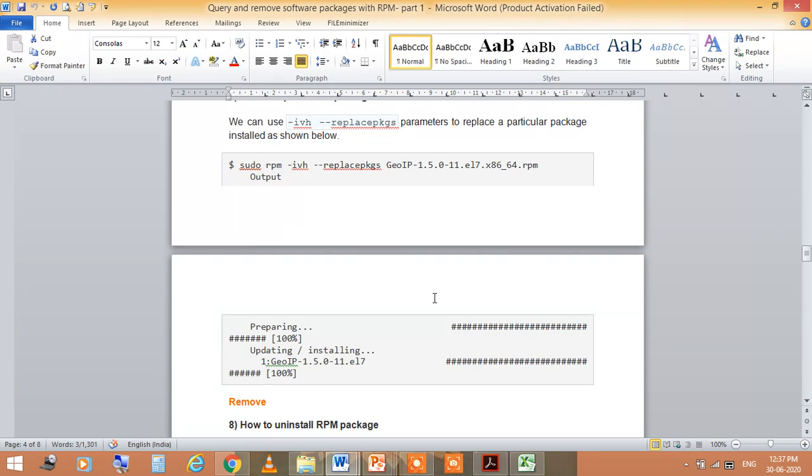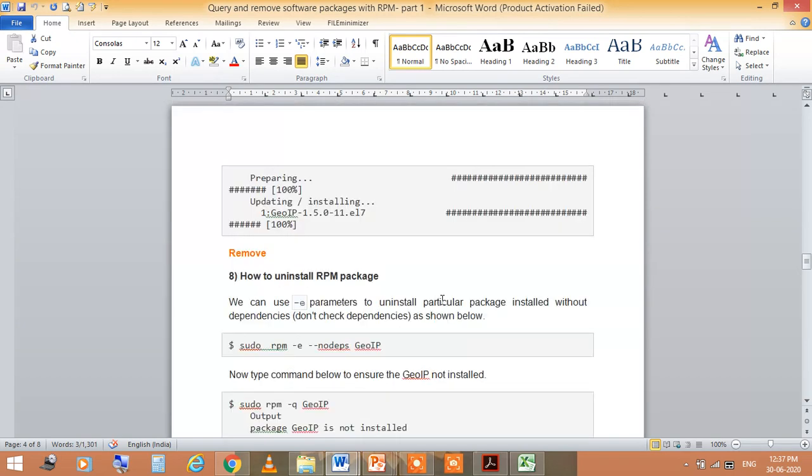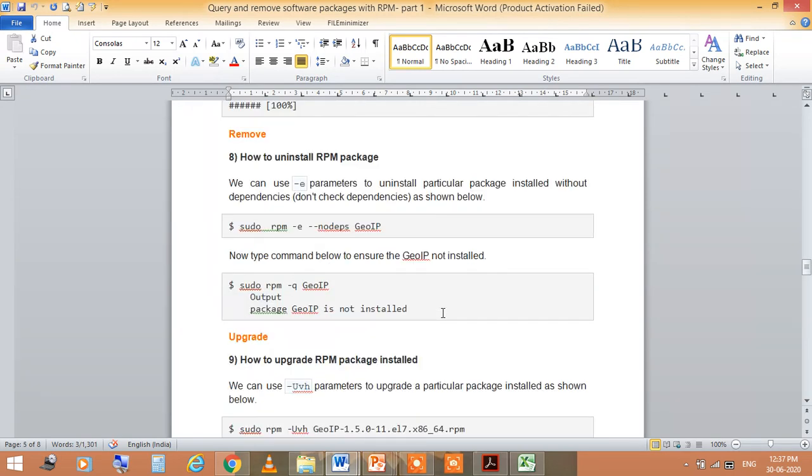When you type this, it displays this information on your screen. Then come to the remove: how to uninstall an RPM package? By using the -e parameter, you can uninstall this particular package without dependencies.